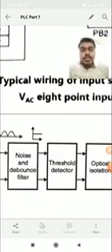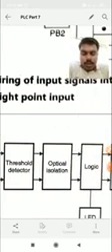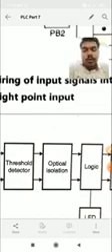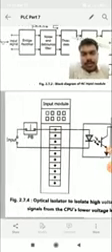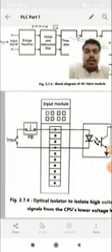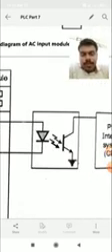The next one is the optical isolation. Optical isolation is an input circuit made up of an opto-isolator. This is the optical isolator. Let's see why it is provided in the system. The input module is completely isolated from the PLC. It is not physically connected. So how is the data transferred from the input module to the PLC? With the help of the opto-isolator.